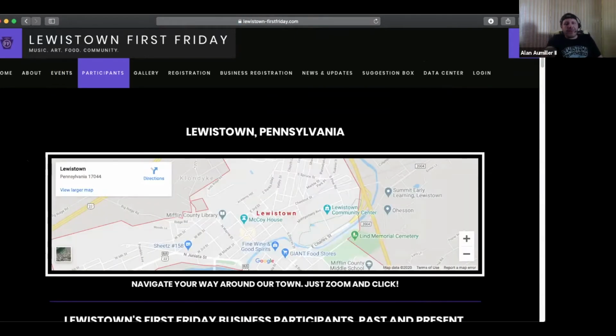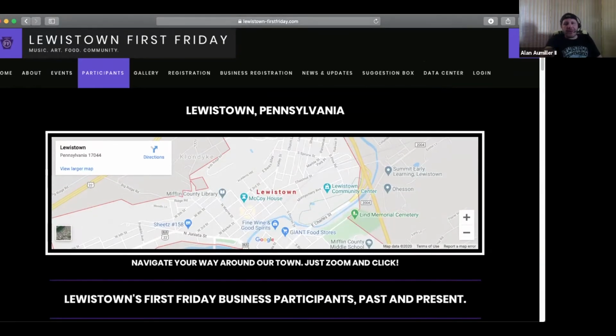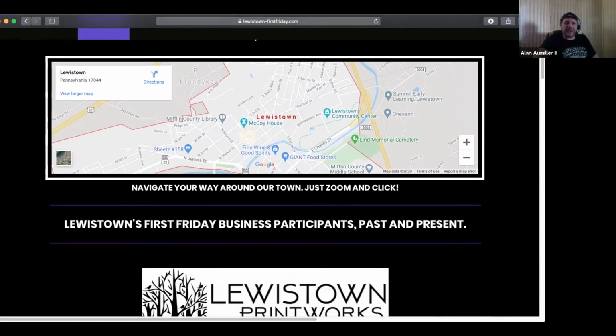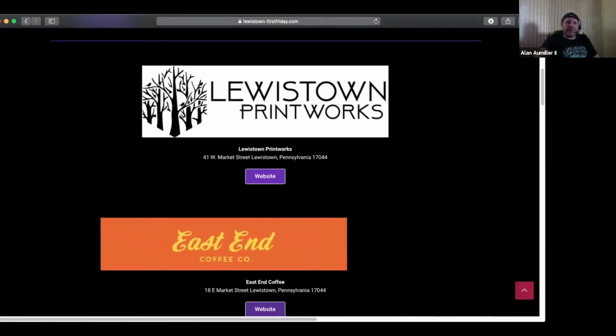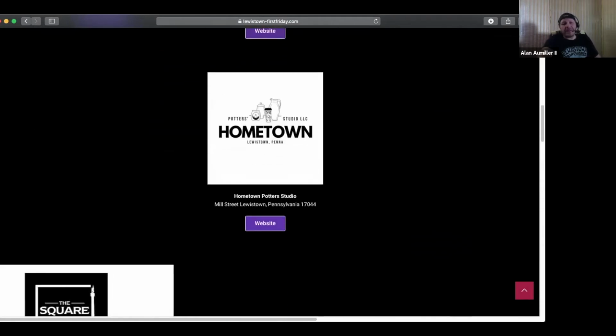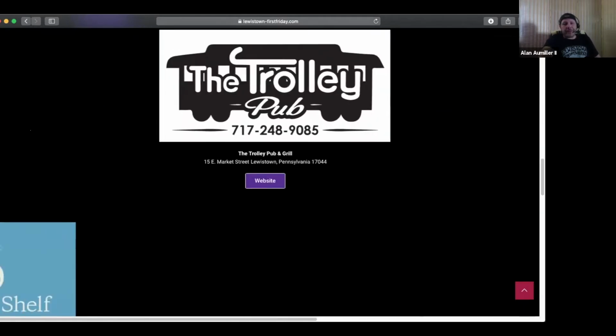There is a map on here. It's not quite interactive. You can click on it, of course, and it's zeroed in on Lewistown. I would like to add my API and add some pins in the future so you can pin different events and things of that nature. Then we just have your various businesses that have participated in the past and continue to participate, and some neat